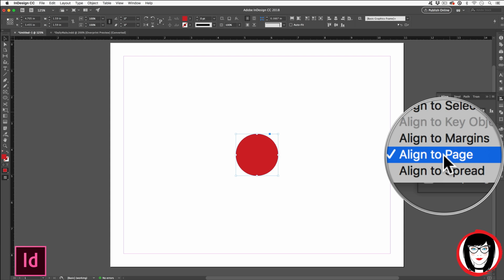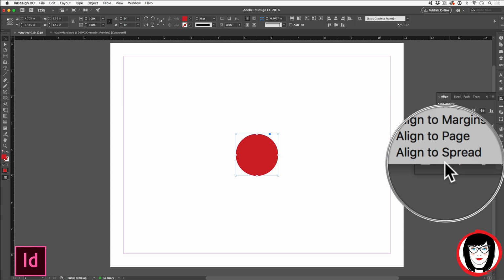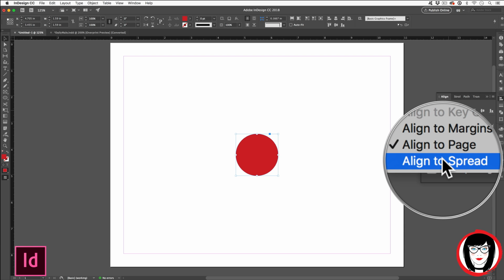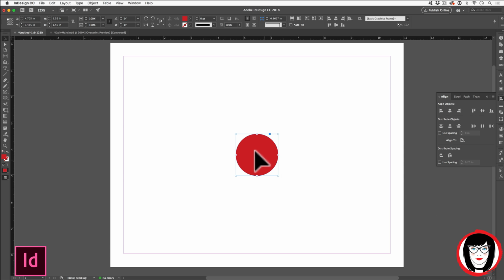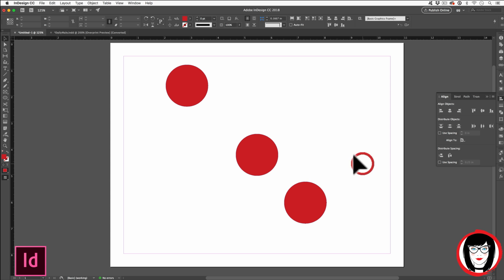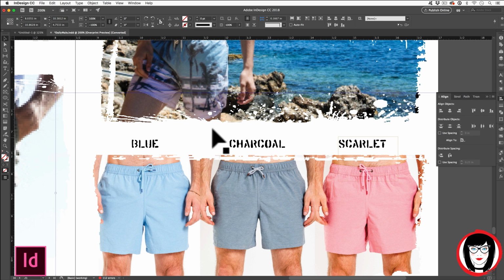Now, if you're doing a magazine spread where you have more than one page, you could put this art element in the center of your spread. I'll show that in just a bit. But for right now, let's assume that you want to have more than one art element that you're aligning to each other. Here, in the example that I gave of this catalog,